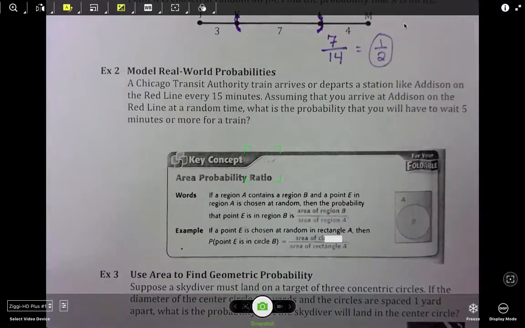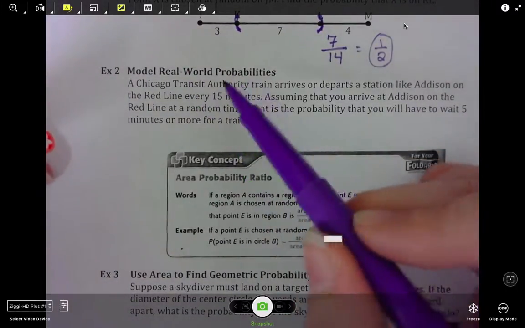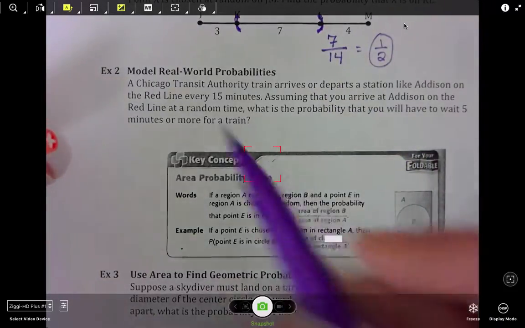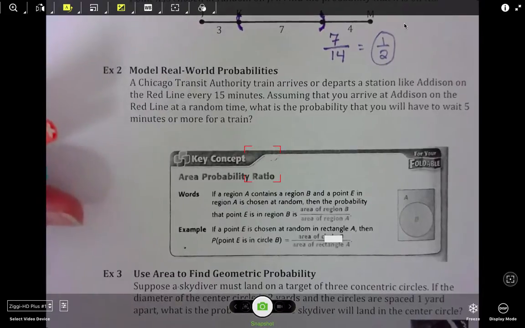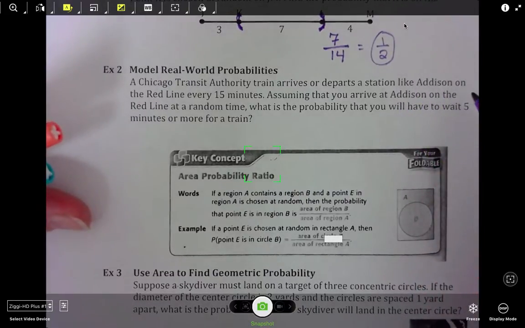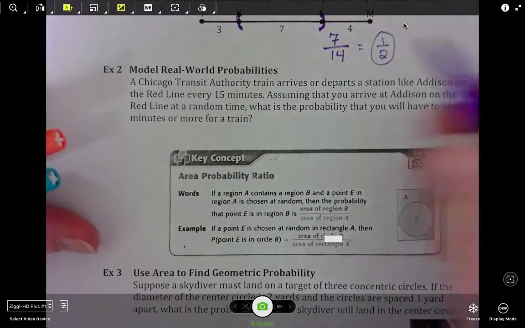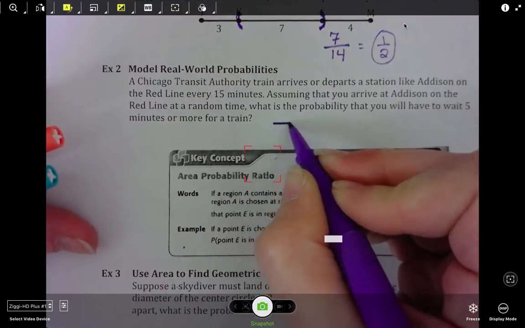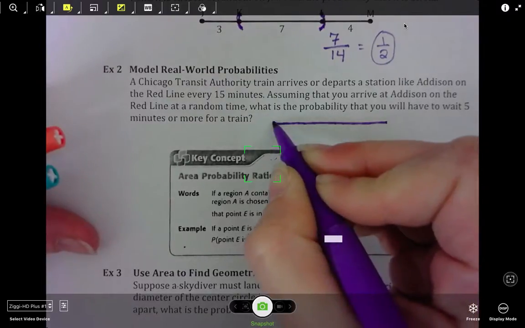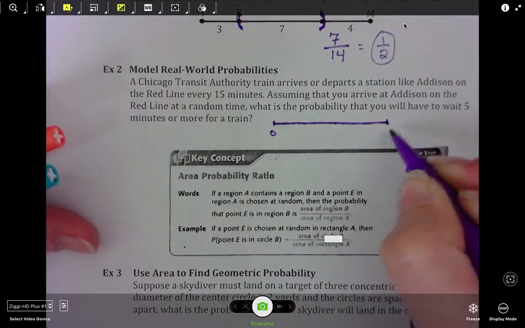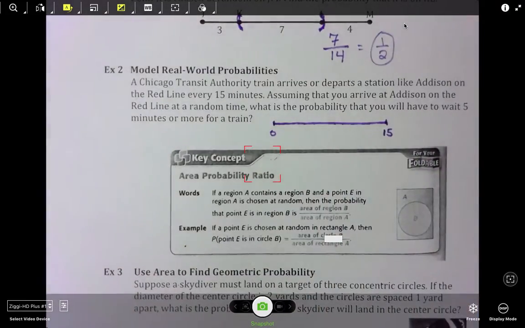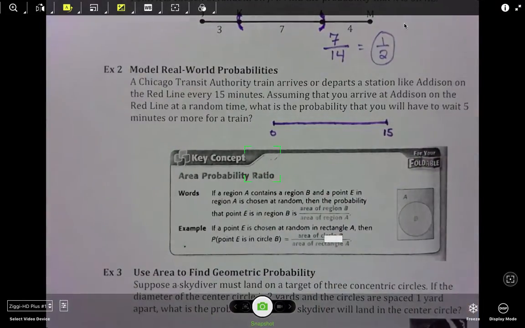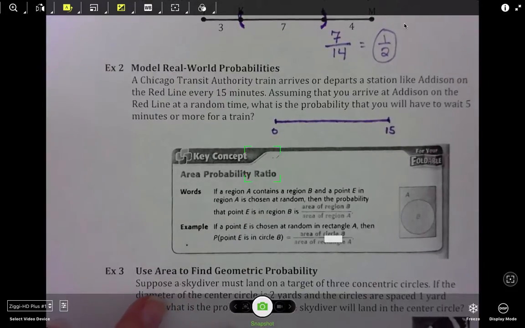So here's what happens. When you're doing this real world example, it says a Chicago Transit Authority train arrives or departs a station like Addison on the red line every 15 minutes. Okay, that's kind of wordy in there, but what's happening here? I'm going to draw a number line that's 0 here and 15 here, okay? This number line is going to represent the amount of time that I could end up possibly waiting for the